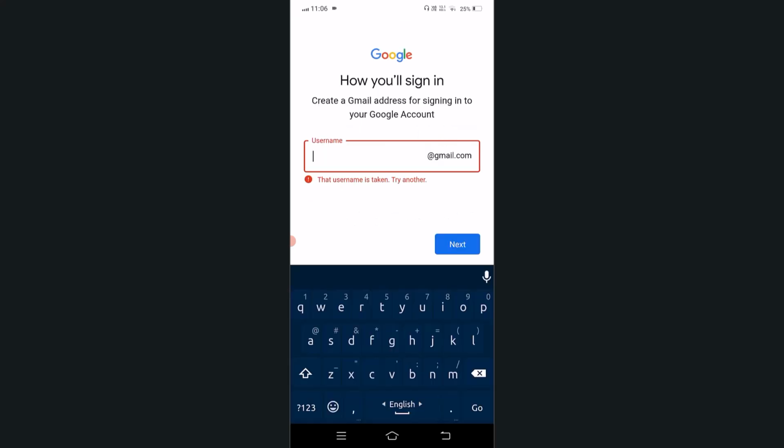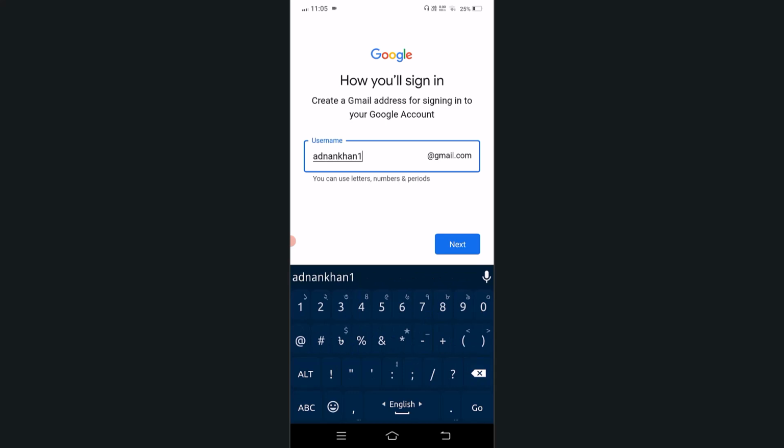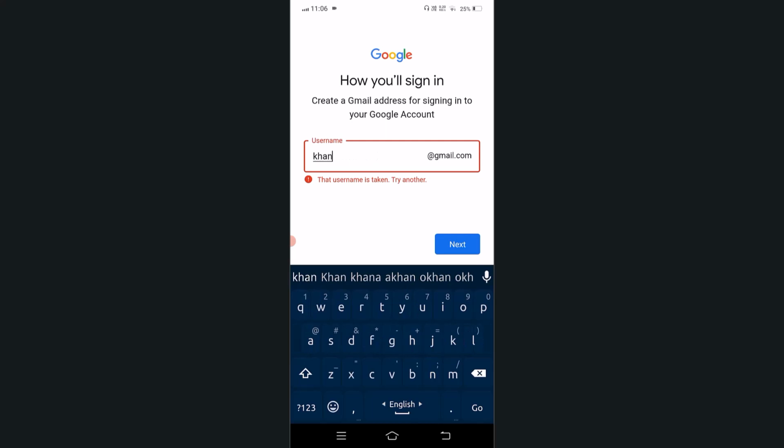Okay, next, this is the step for your username. You can enter your username as you wish. Here I am entering username Adnan Khan. Okay, then next, this username already exists, so I am entering Adnan Khan ABC